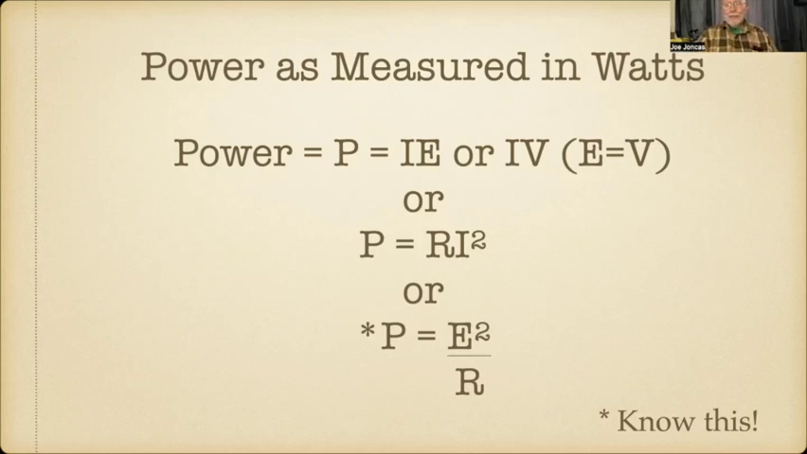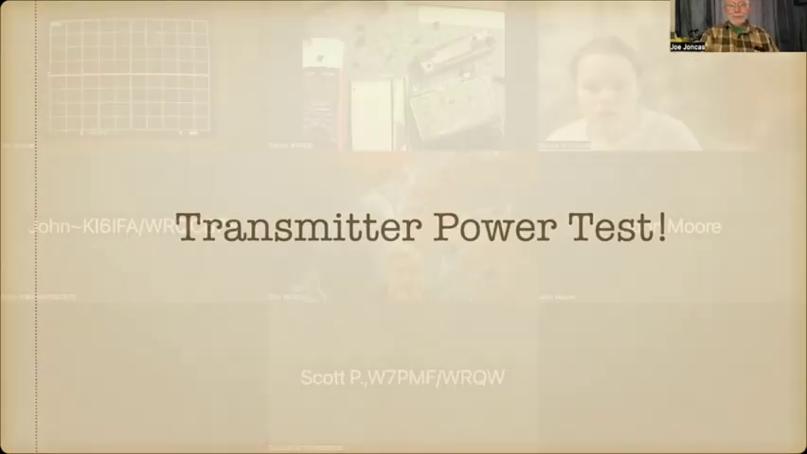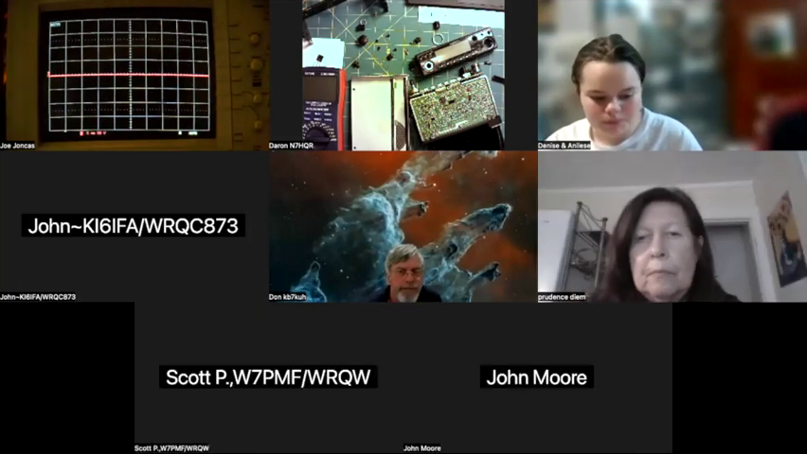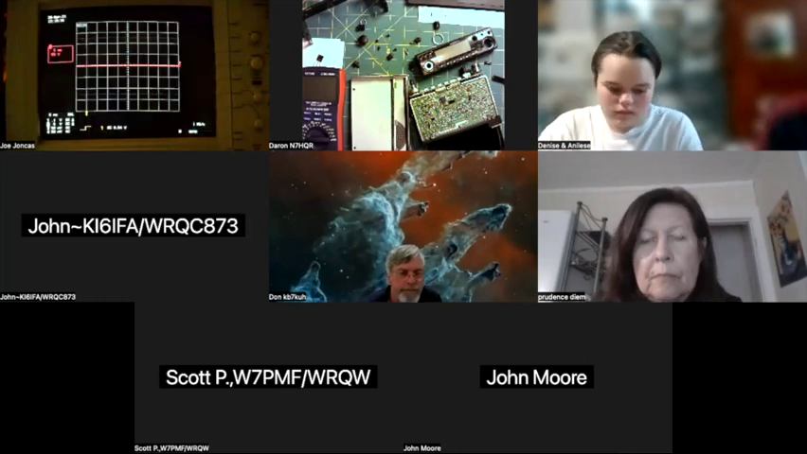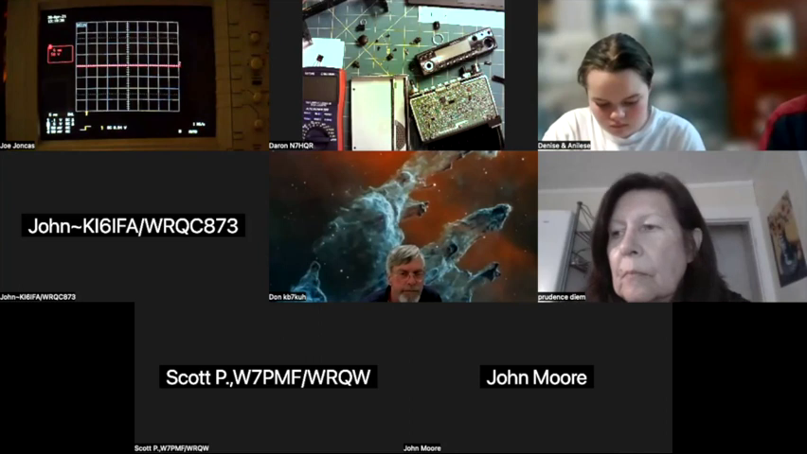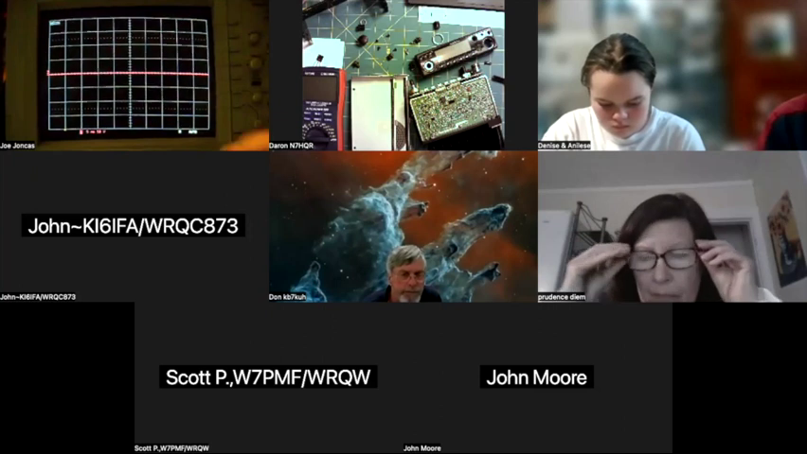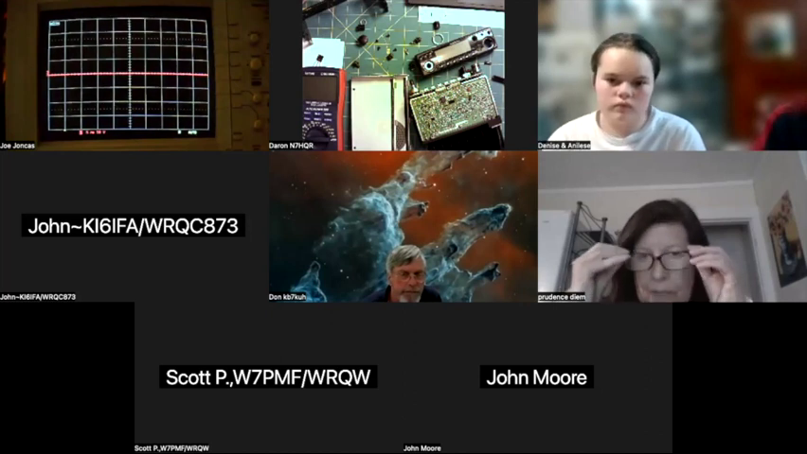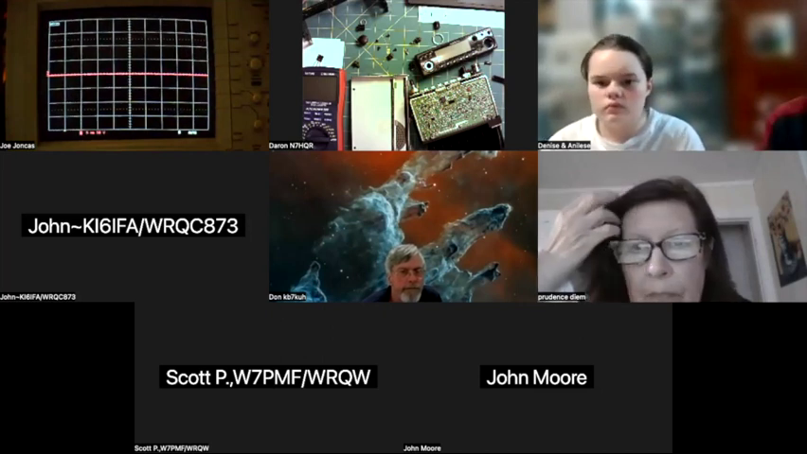Transmitter power test. Now this is my oscilloscope. It's a digital oscilloscope, a digitizing scope. This is its normal mode, but so that you can see the screen well, this red line is set at 0 volts. And what I'm going to do here is I'm going to transmit into a dummy load, which